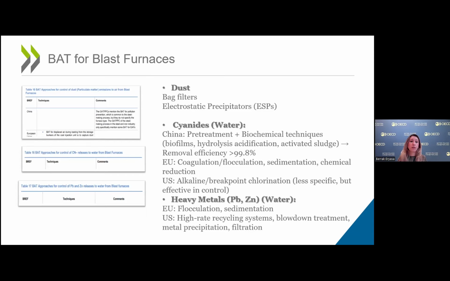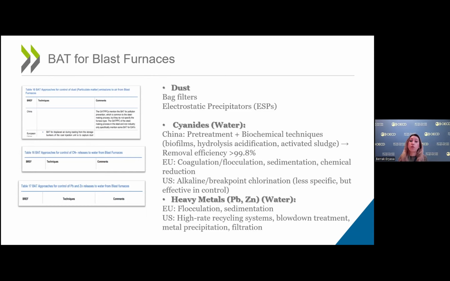When we looked at the common BATs from the blast furnaces, we were able to collect the BATs for dust, and there were common mentions of bag filters as well as electrostatic precipitators, just like it was mentioned in the sinter plants. For the water releases of cyanides, there were diversities in the BAT approaches mentioned within the BREF documents, such as in China, there were pre-treatment and biochemical techniques,